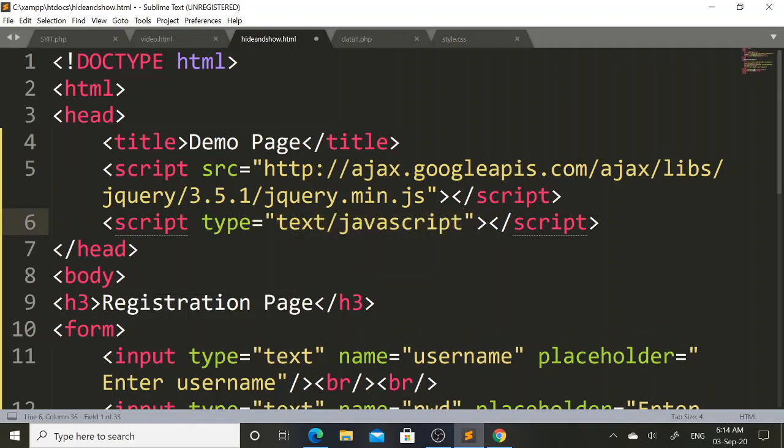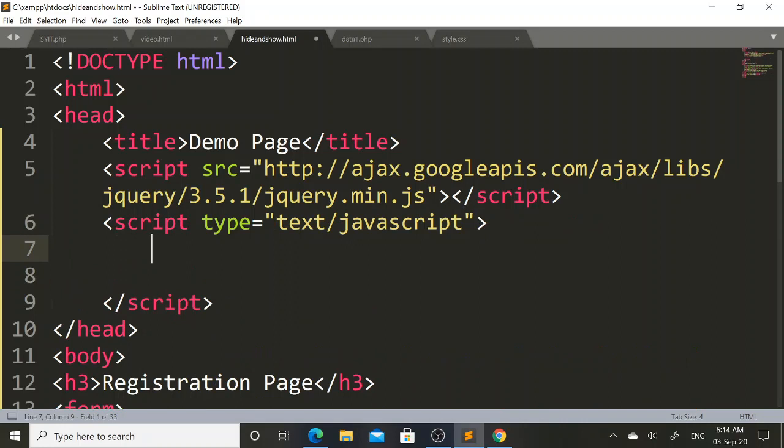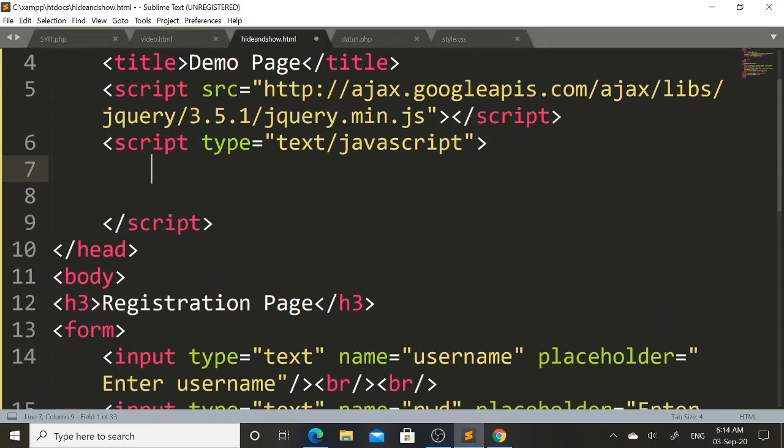In this script tag I will write the jQuery code for hide and show effects. So here I need to mention dollar, open parenthesis, close parenthesis. Within this dollar I will include document.